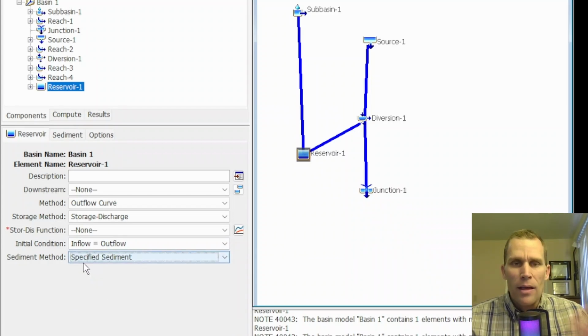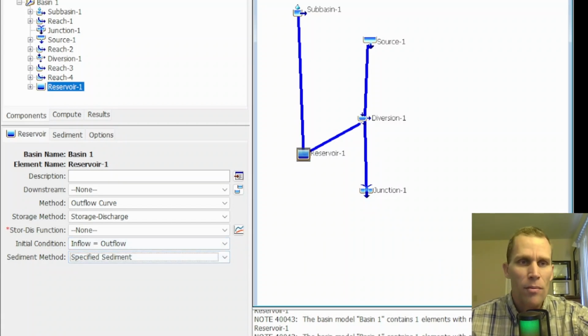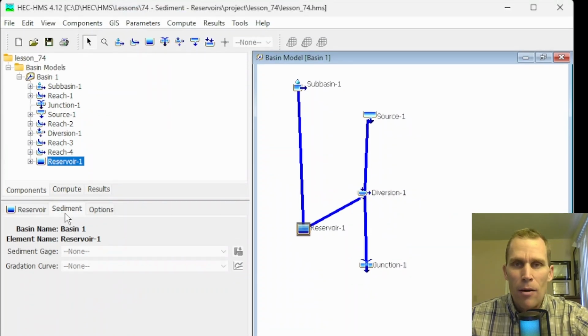So now we have a non-zero and non-100% option where a certain percentage of the sediment will be trapped in the reservoir pool, and then 1 minus that percentage will pass through the reservoir pool, through the discharge. I'm going to click on this sediment tab here that now appears in the components editor,